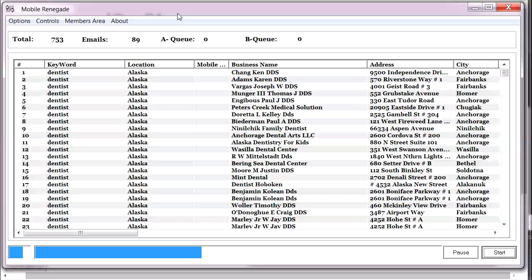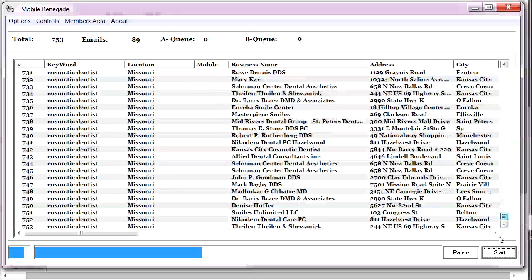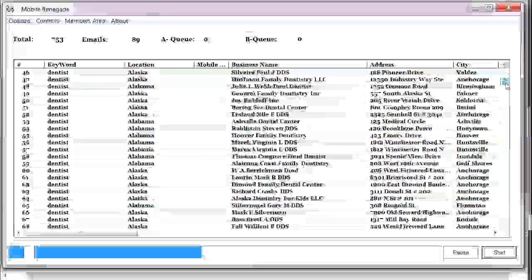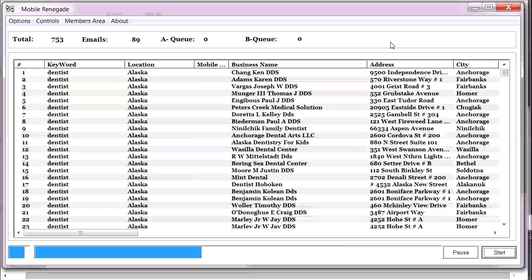But cosmetic dentist, that would have been all that it brought in for me. Okay, just the 100, not the 700. And that's the point. So we have to be quite broad in that, and also the absolute key with Manta especially is that the location needs to not have commas and areas or counties or whatever after them. Just the state names. And again, state names seem to bring in